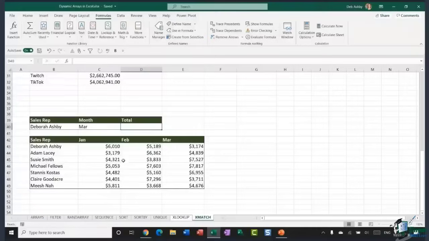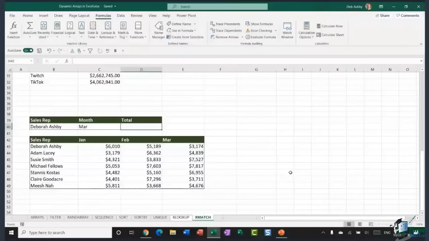Now this XMATCH is different because we're going to do both a horizontal and a vertical match. So you can see here I have a small table which has some sales reps in it, and we then have maybe the sales that each of those sales reps have generated for January, February and March. And what I want to do up here is be able to type in the sales rep name and the month and get their total in here. So essentially we're doing a match, but we're having to match two pieces of criteria, one running horizontally and one that runs vertically. So for this, we can use a combination of INDEX,